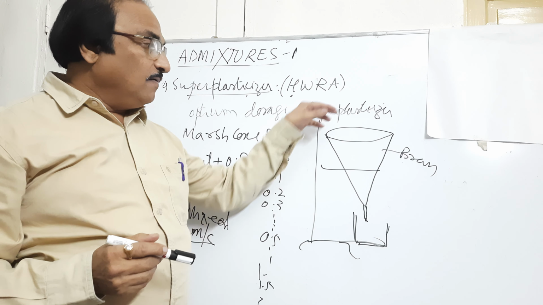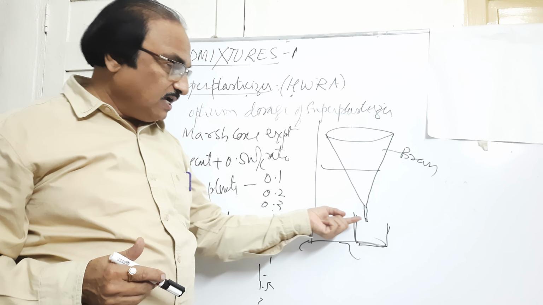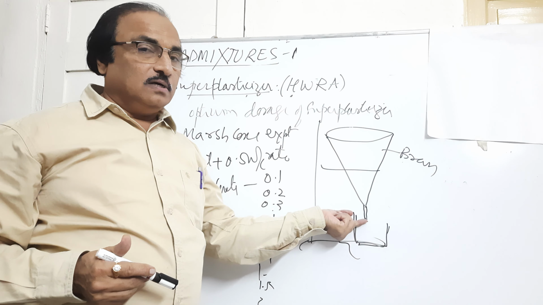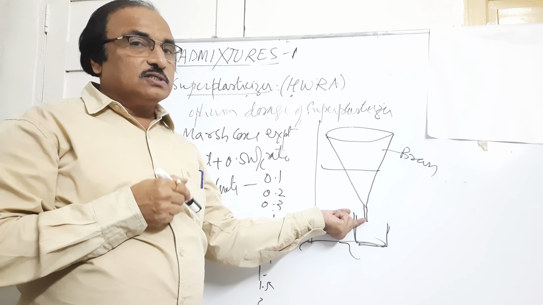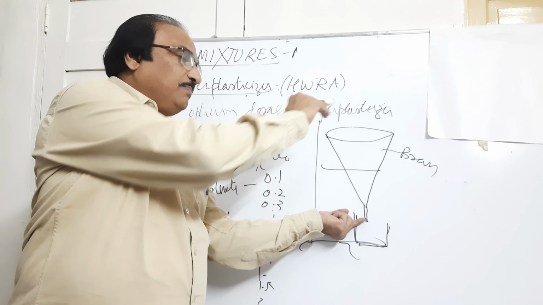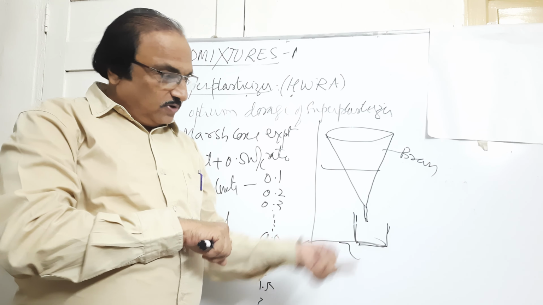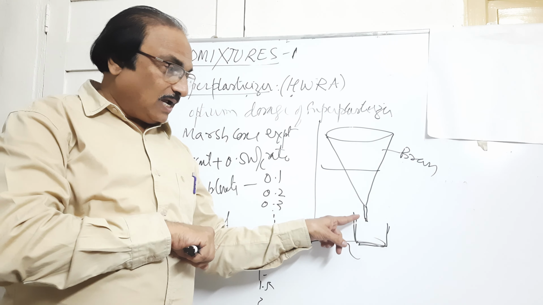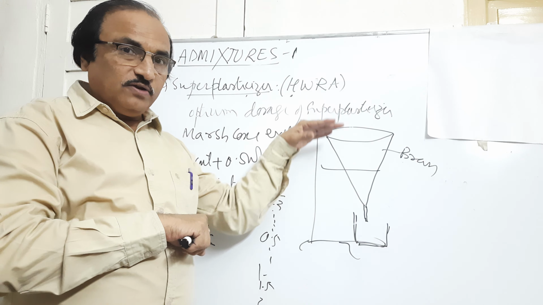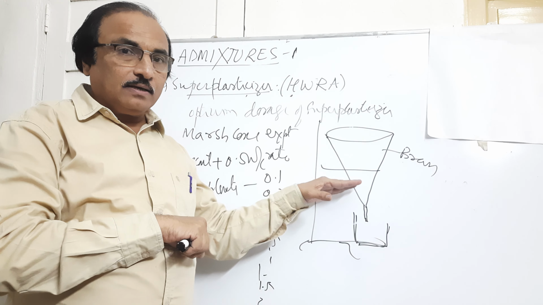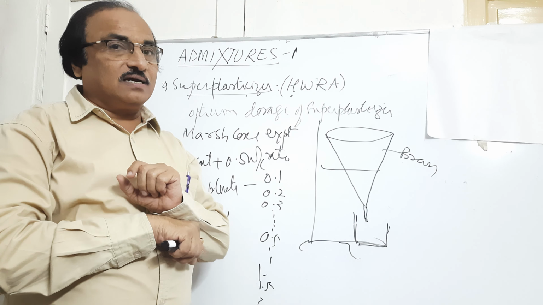So what we do is, we fill the material into this cone. Before filling, we will be holding the mouth of the outlet so that the mortar, or the cement paste, should not come out. When we pour the complete material into that Marsh cone, then we'll release the finger. At that point you should note down the time. Then it will slowly flow out. It will get empty. Note down the time it has taken. So you'll come to know how much time it has taken.